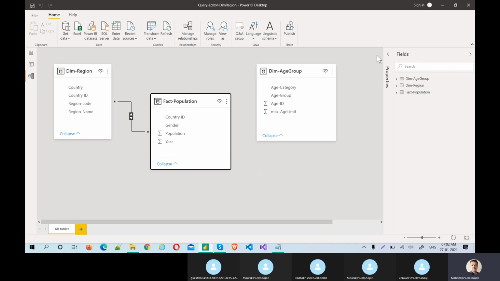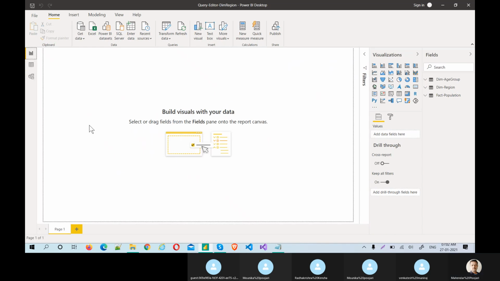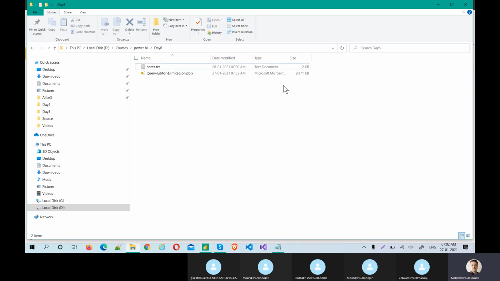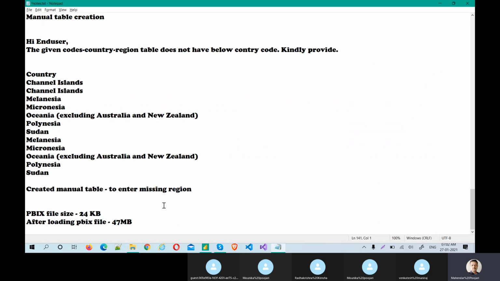Any questions, guys? Now let's see the file size. We have not seen the file size so far. Now let's go back and see the file size. See, 9 MB. After enable load apply, what happened?